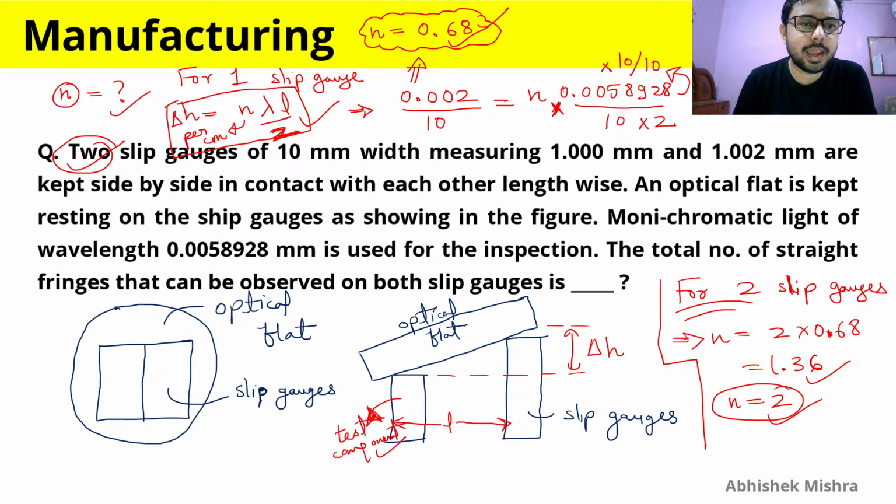For one slip gauge, delta H per centimeter is given as n lambda L by 2, where n is in per centimeter unit. So you have to convert all of this into centimeters, or you can convert n into mm. By doing this, you can simply calculate the values. And you can see again that if you are not converting it into centimeters, then what will happen is that your answer will be wrong. Let's do this without converting it into centimeters. What we can get here is,